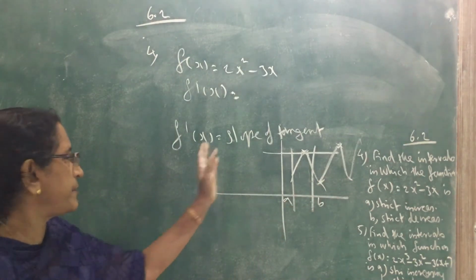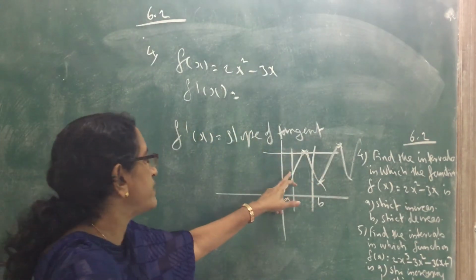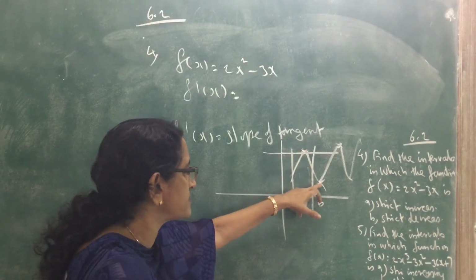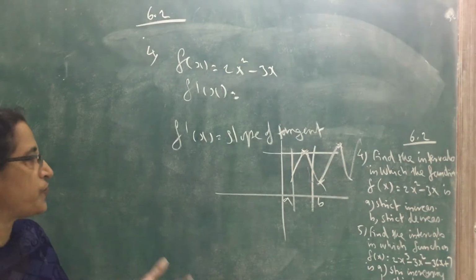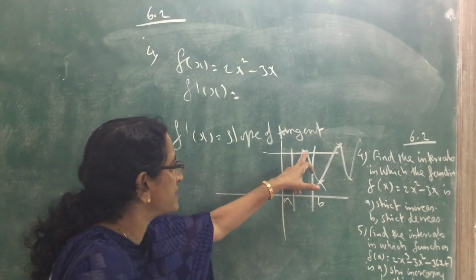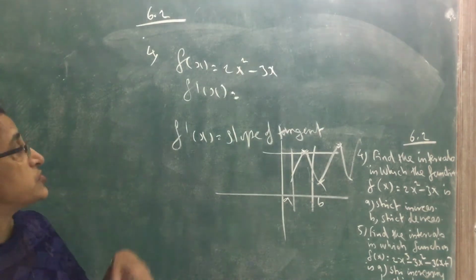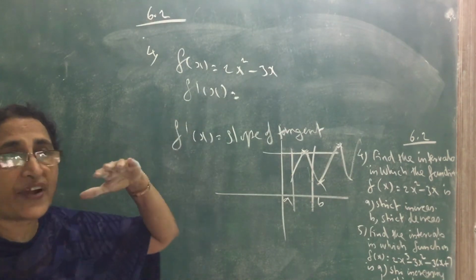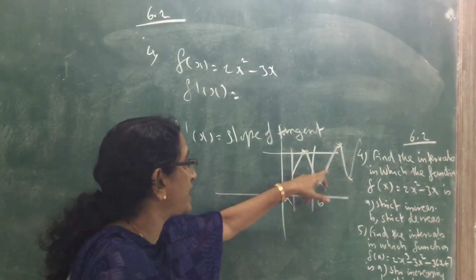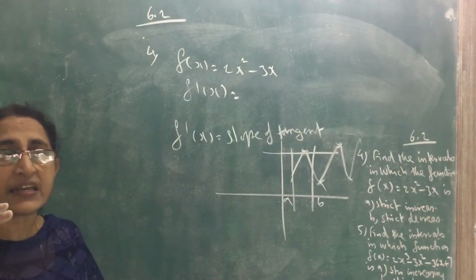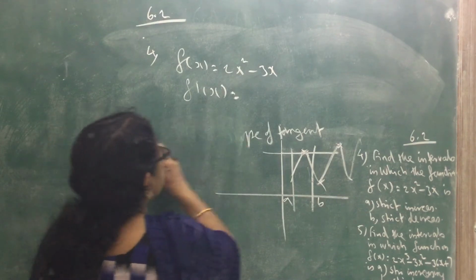Before the function reaches the maximum point, it will be increasing, then decreasing and reaching a minimum point, then again increasing, and it goes on like that. So we are going to find these maximum or minimum points where f dash x equal to 0. We first find f dash x, and we find the points where the derivative is 0. Then we split the interval and find whether the function is increasing or decreasing. So first we find f dash x.